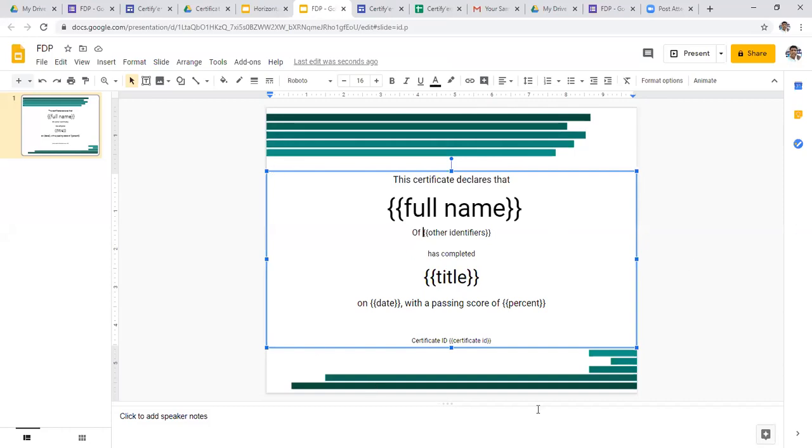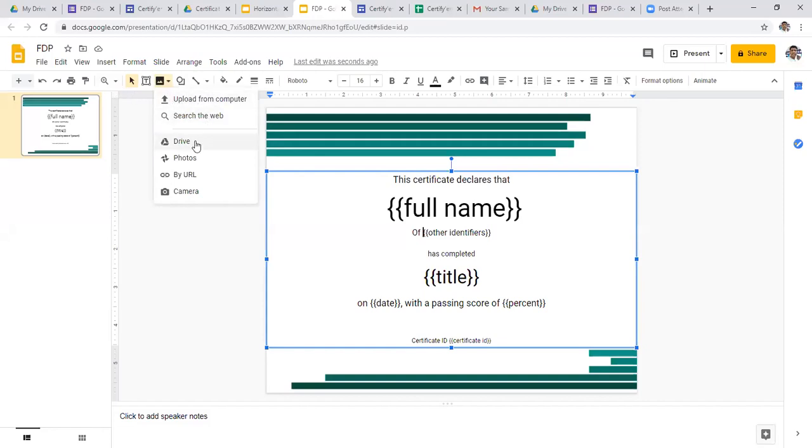Any doubts, sir, in certificate? No, sir. Okay, so it is in the editable form. We can add our requirements like college name, college title, department, full name, participant name, then the participant designation or participant program, branch or title. Whatever you want, we can add it here. Then it is uploaded.